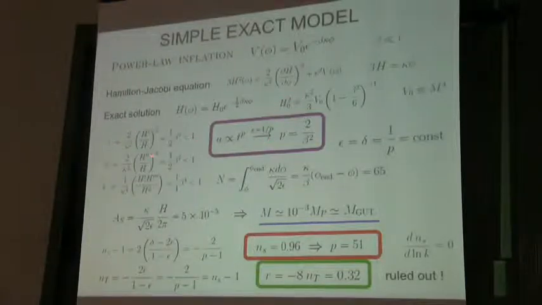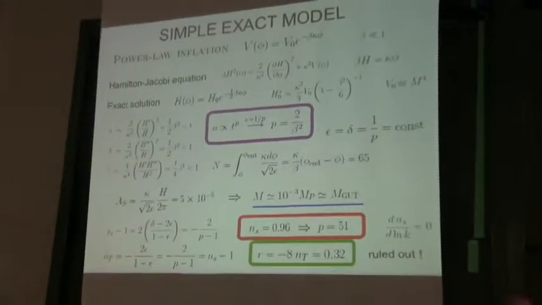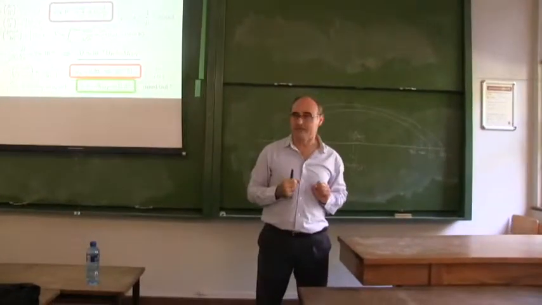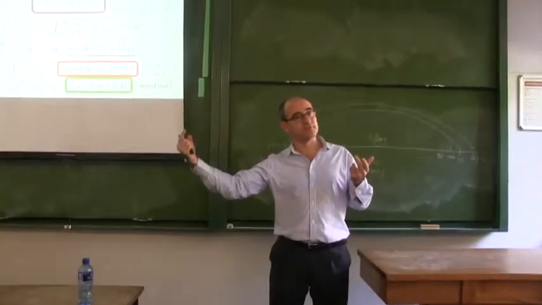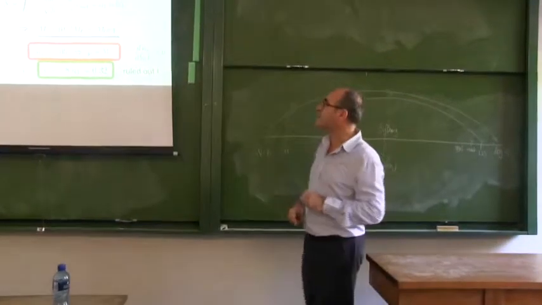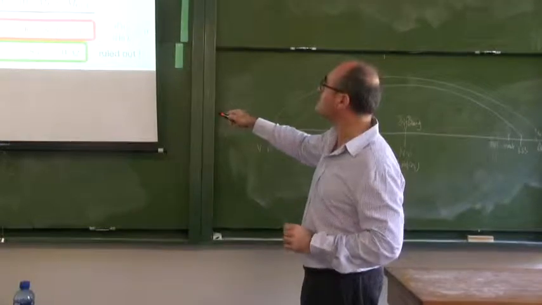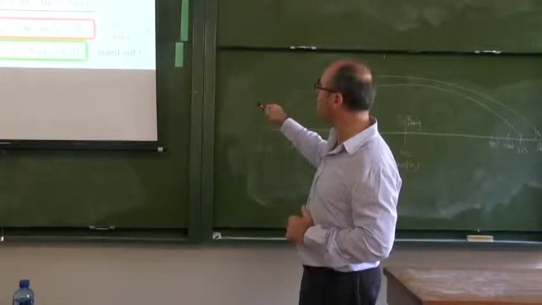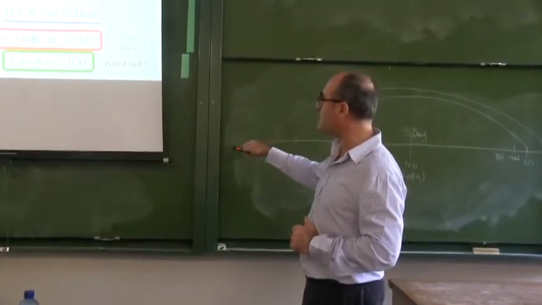And we can work out all the parameters, epsilon, delta, psi, etc., and they're all constant. So remember, before we were assuming that these parameters were sufficiently small that to second order, their derivatives would be zero, because they are proportional to epsilon squared, which is much smaller than 1. But here, they are exactly constant. This is called power law inflation. They're exactly constant, and you can work out what these coefficients are, you can work out what the spectral index is, exactly. You can work out what is the